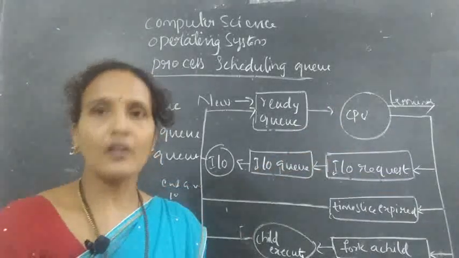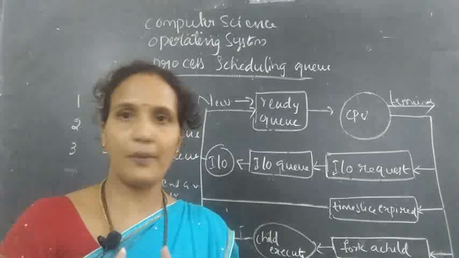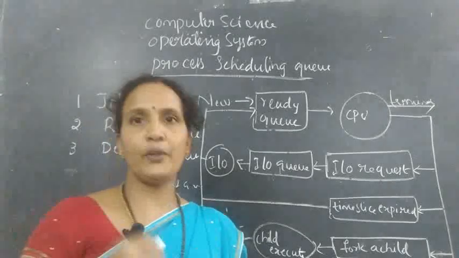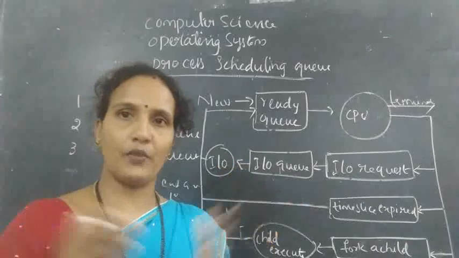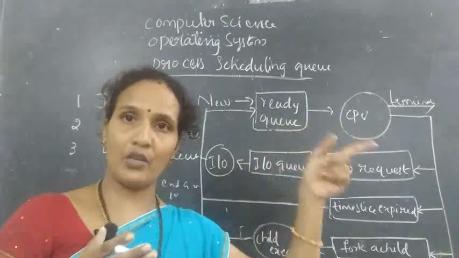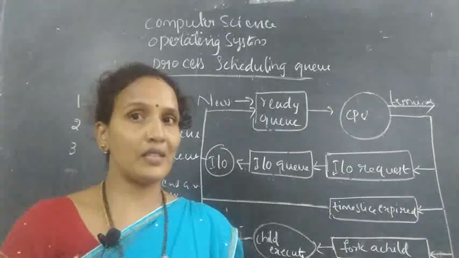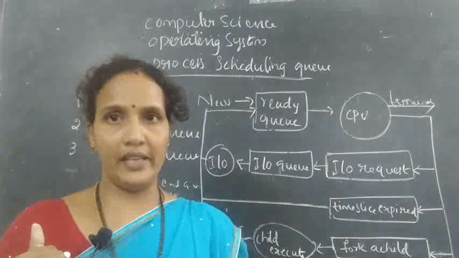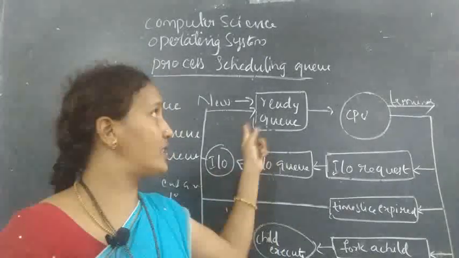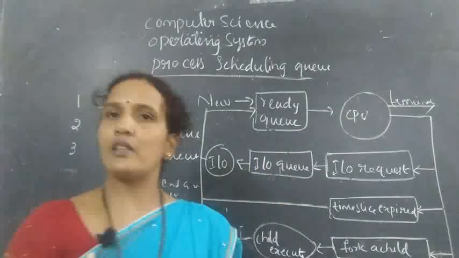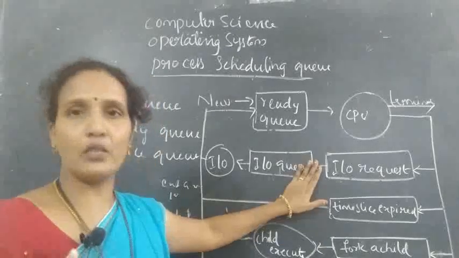Understood all of you? One process is waiting for an input and output request. Then what happens? The CPU is idle. So what I am doing is giving time to another process. When this process takes input from the user and again comes to the CPU for execution, whatever process is running is removed from the processor, and the waiting process will be loaded into the CPU. Actually, this process is called context switching. Understood? This is one case.